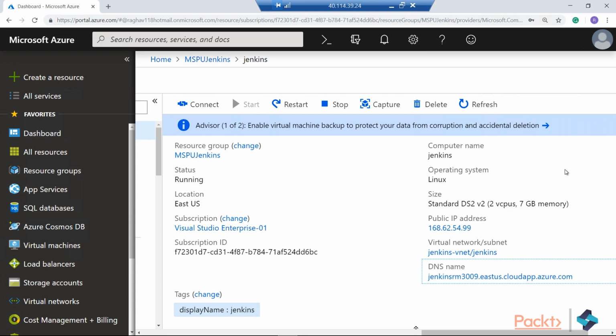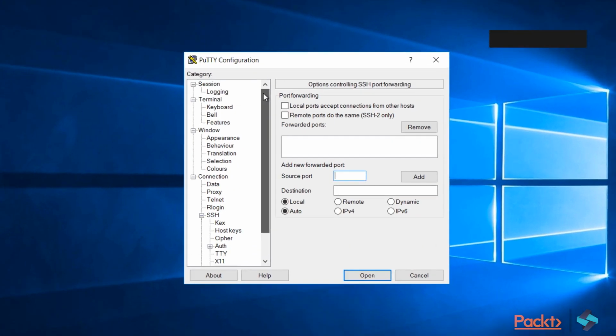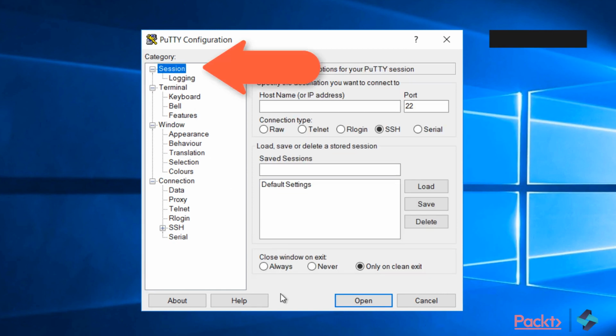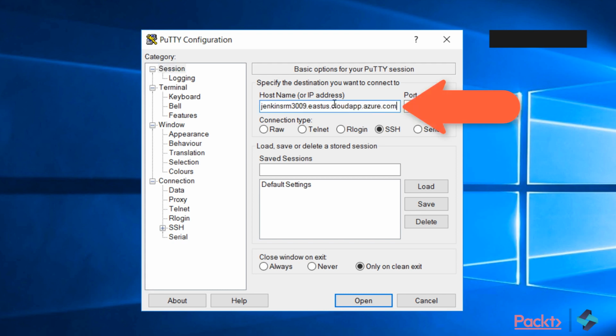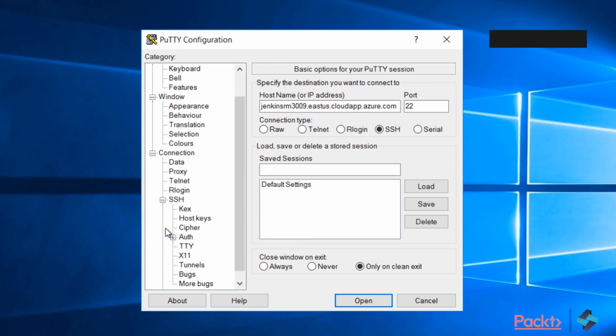We'll connect to this machine over SSH. For the SSH connection, we'll use an open source and free client called PuTTY. So if you haven't done it already, please search for PuTTY on your favorite search engine, download it and install it. So let's proceed by opening PuTTY on the local machine. Select the Session tab, and on the right-hand side, you'll configure the SSH connection settings. Paste the DNS name that you copied in the previous step in the hostname field, and here on the left-hand side, expand Secure Shell, SSH,